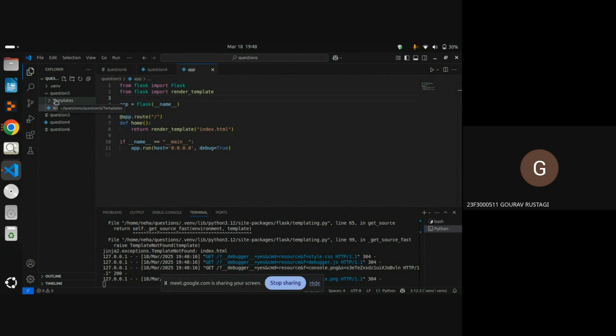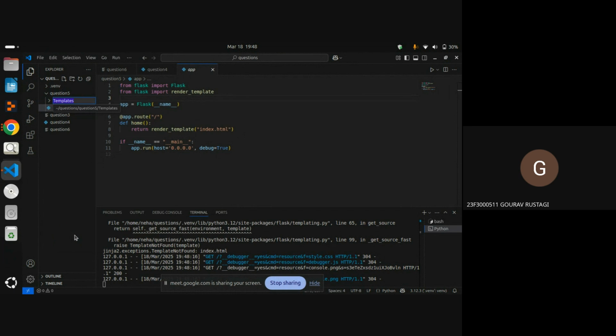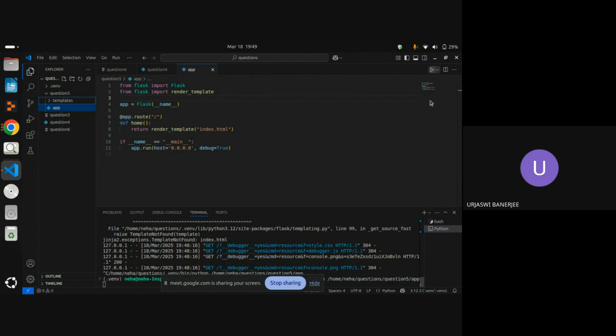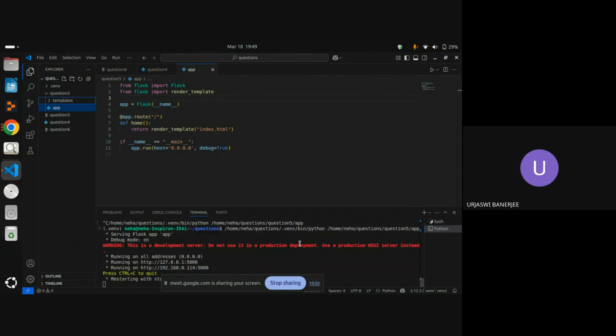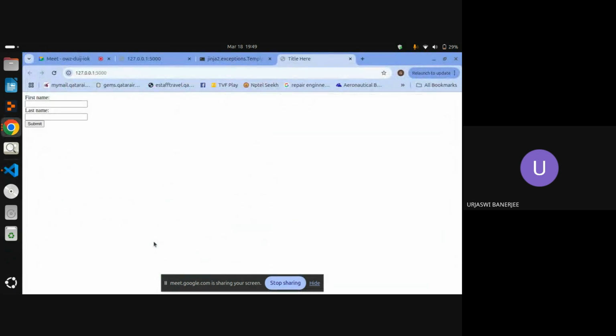Templates, small t. One minute, ma'am. Okay, that's the difference only.